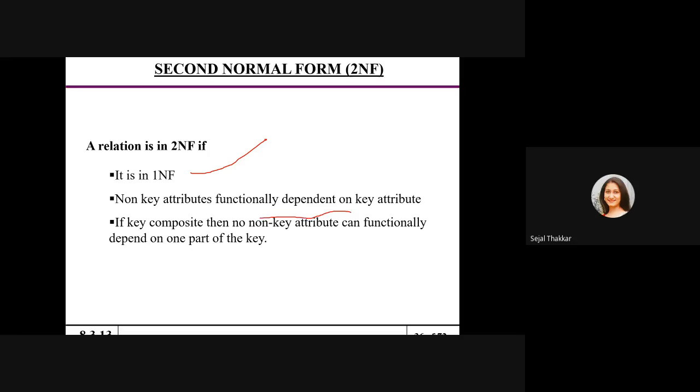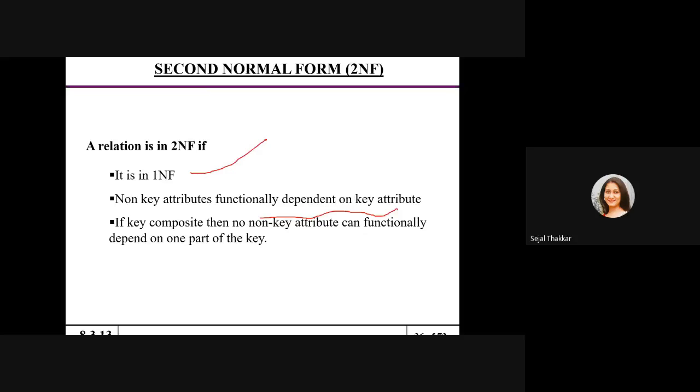Non-key attributes are functionally dependent on the primary key attribute. If I'm taking the student example, student enrollment number is the primary key attribute, then the remaining attributes, student name, student address, city, state, phone number, zip code, are all non-key attributes, right? So if I'm taking one attribute as a primary key, then the other non-key attributes functionally depend on the primary key.